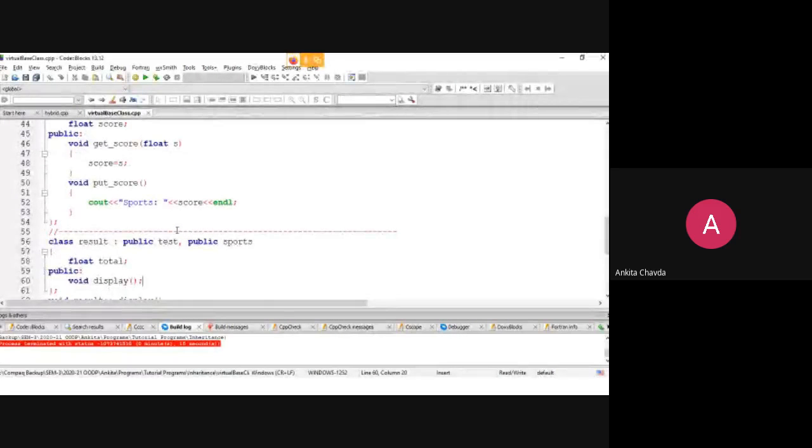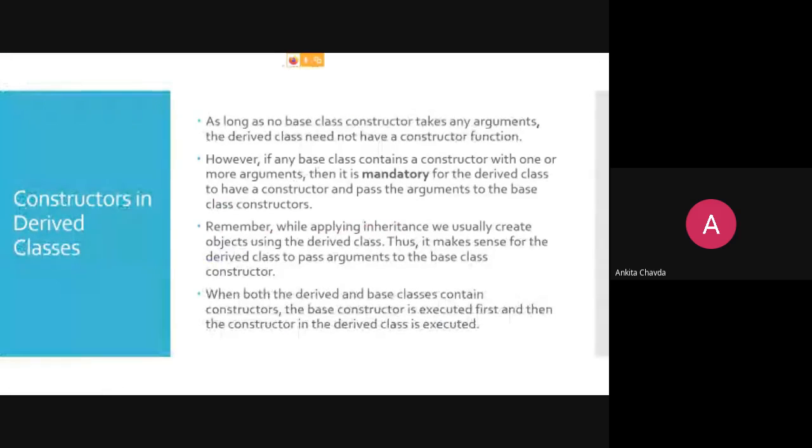So that concept is what we are having now. So how can we write the constructor in the derived class? As long as no base class constructor takes any argument, the derived class need not have a constructor function.